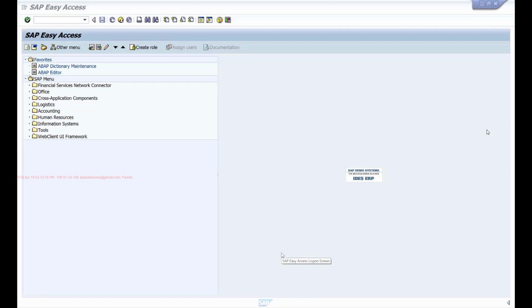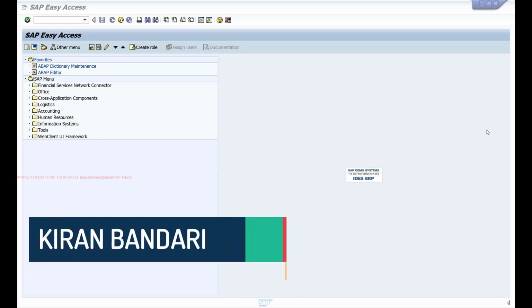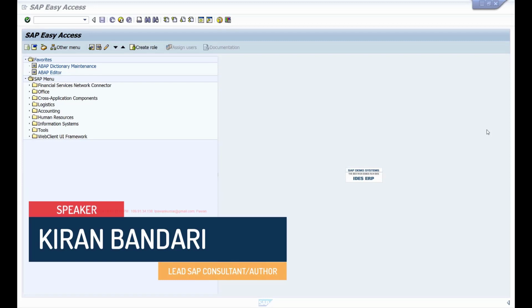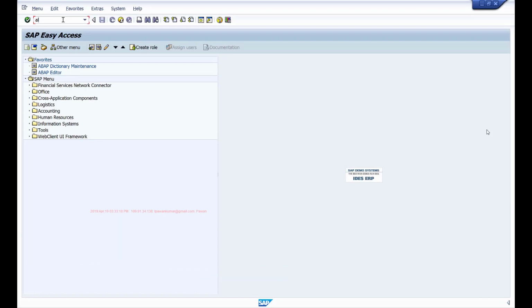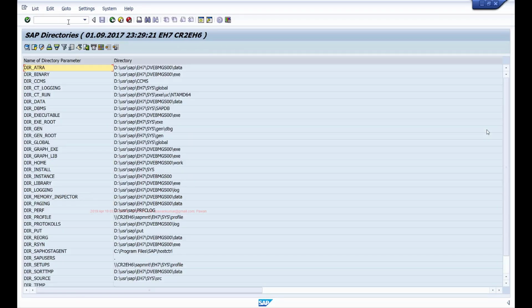In this session, let's understand how you can transfer the data to an application server directory and save your data in a file. If you go to transaction AL11, it will list the SAP directories that are there in the application server, and generally the basis consultant will set up these directories, but in your system, if you want to practice, if you click on this button here,